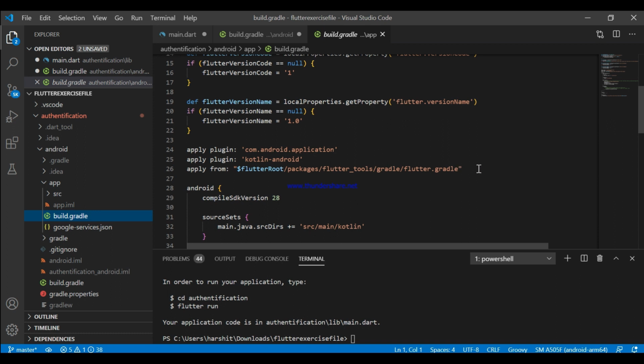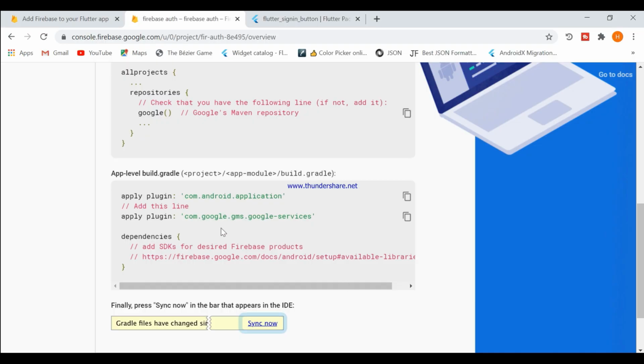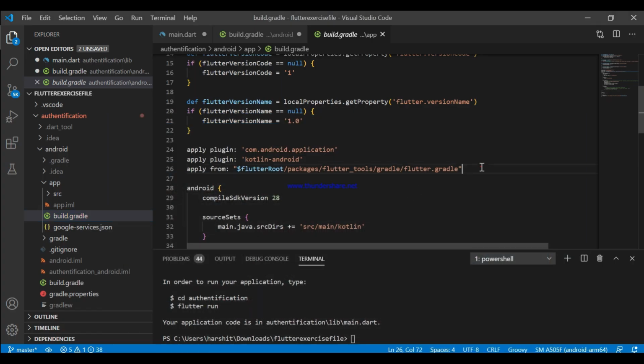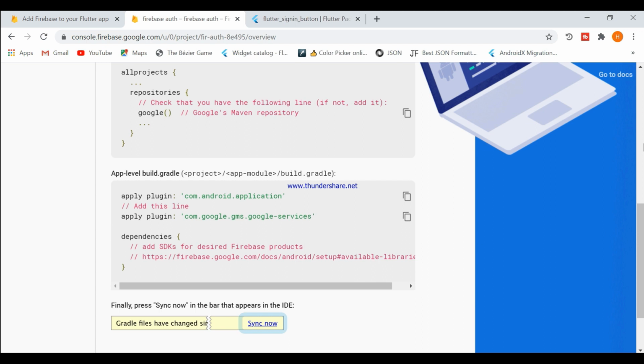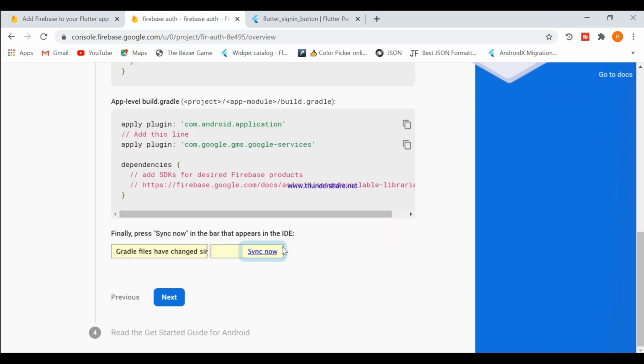Now as you can see, this file is already installed in my IDE, so let's skip this part and now copy this Google services file and paste these files before apply plugins here. Now let's hit on the next button.